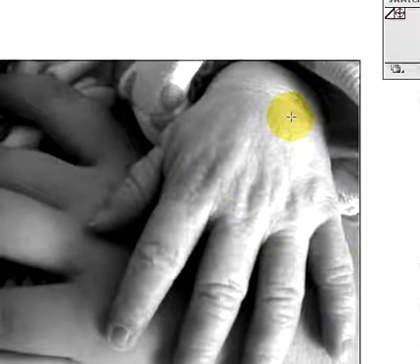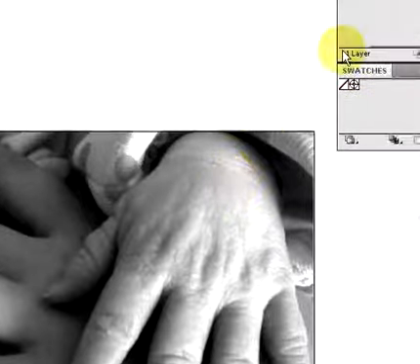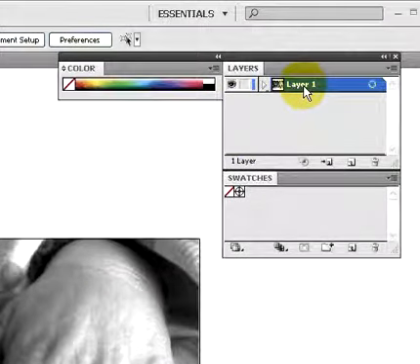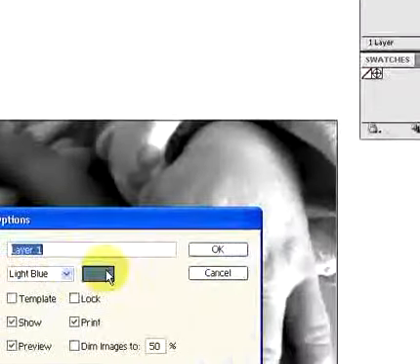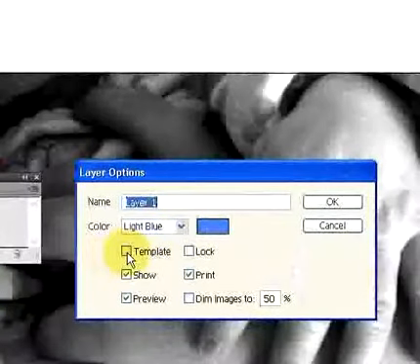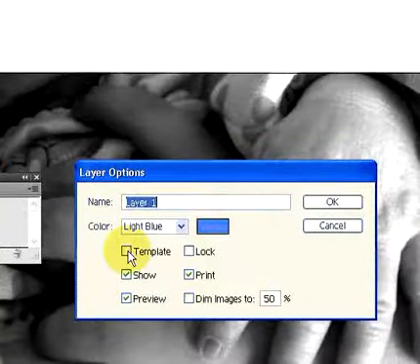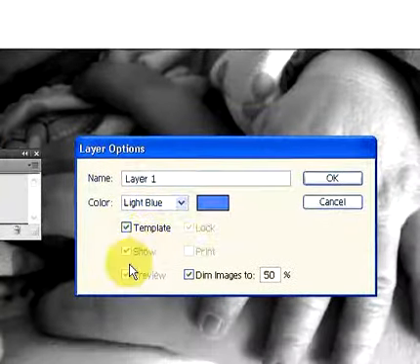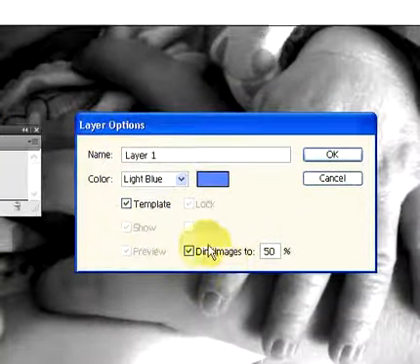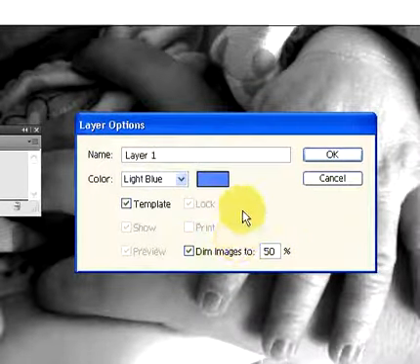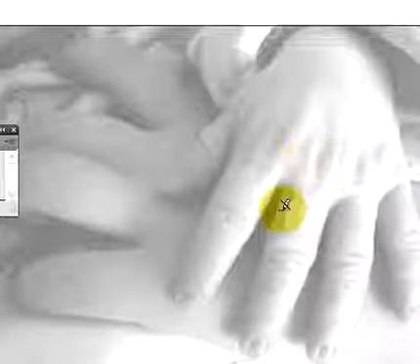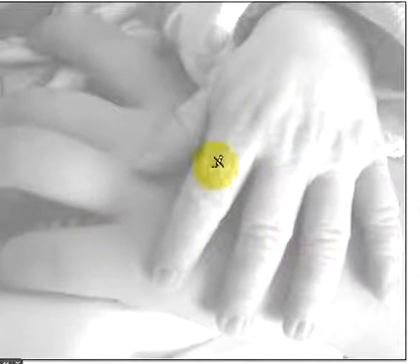Now what I'm going to do is make layer 1 a template layer. So I'll double click on layer 1 and this little option pops up. I'd like to click that button that says template, and you'll see some of the options fade out. Dim images comes up. You can change that value if you want, but 50% is pretty good. So I'll click OK, and you can see my JPEG image has been dimmed, and now I can no longer